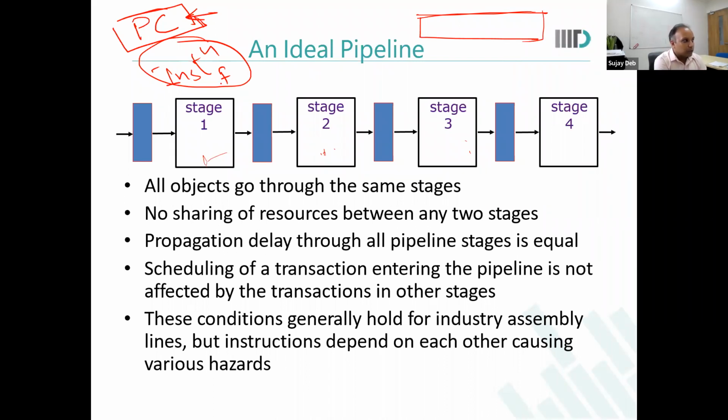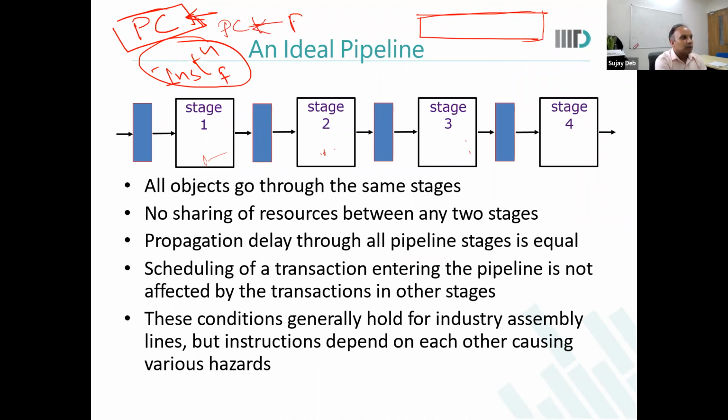So I'll fetch the instruction in stage 1, and also update my PC to point to the next instruction. If there is no branch or anything like that, assuming the next instruction is the immediate next instruction,